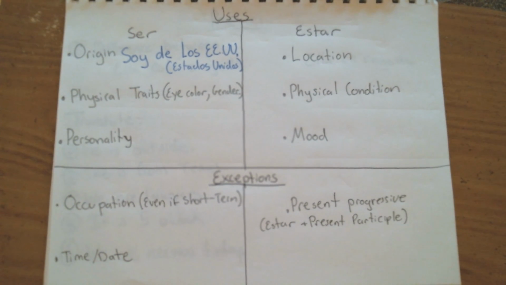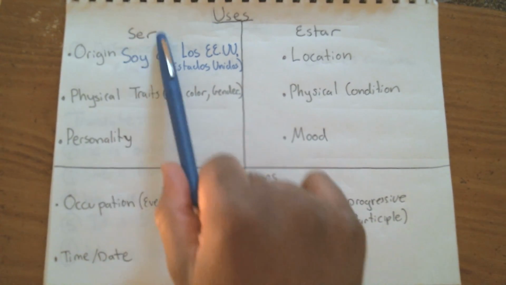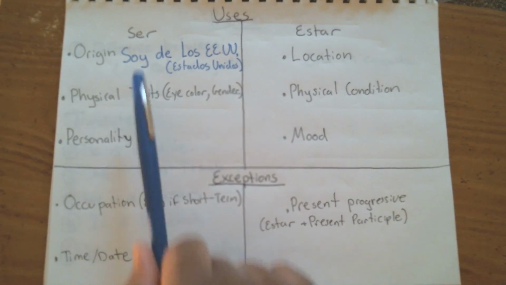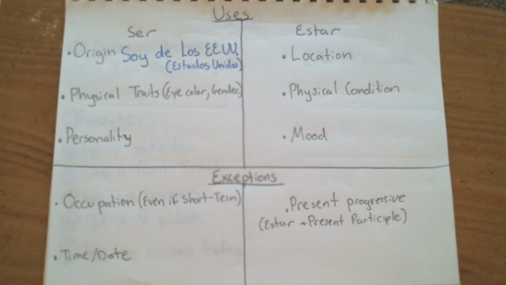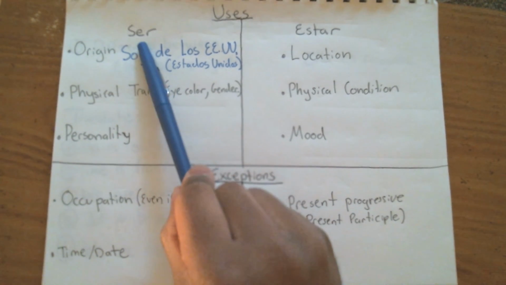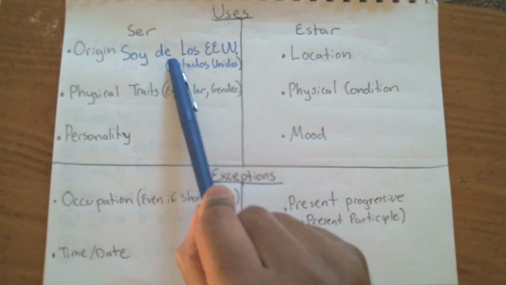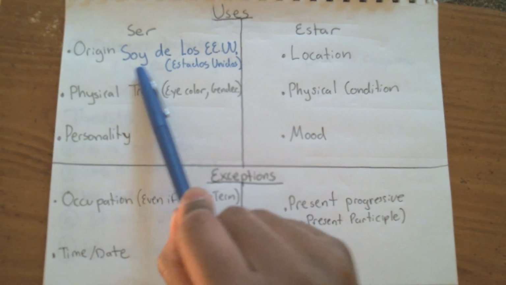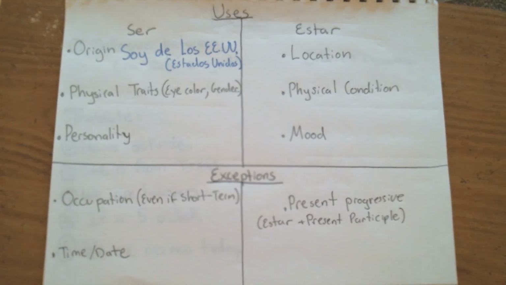Now, this is obvious why you would use the permanent verb to be ser, because when you say I am from the United States, this is something that's permanent and cannot change. I can't go back into a time machine, go back in time and have my parents have me in a different country or something like that. It's set in stone. It's something that will not change. So when you're talking about the location you were born in, which is a permanent fact, use ser, okay? I am from the United States. Soy de los Estados Unidos.